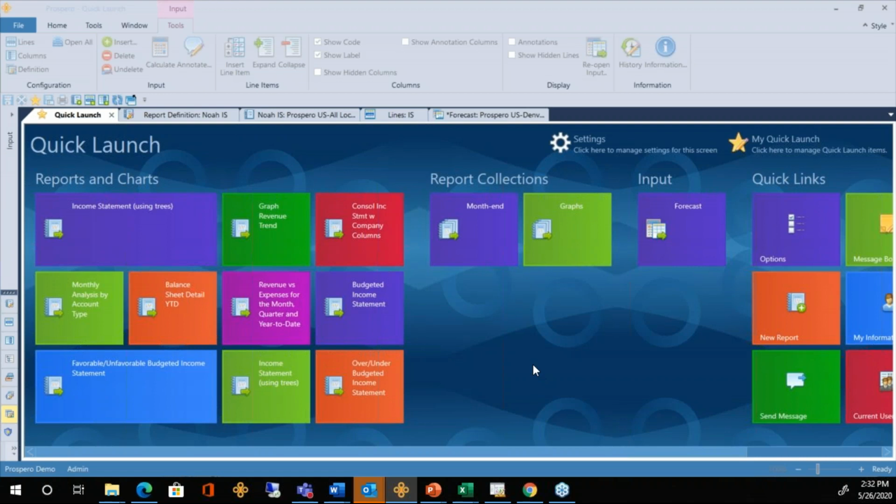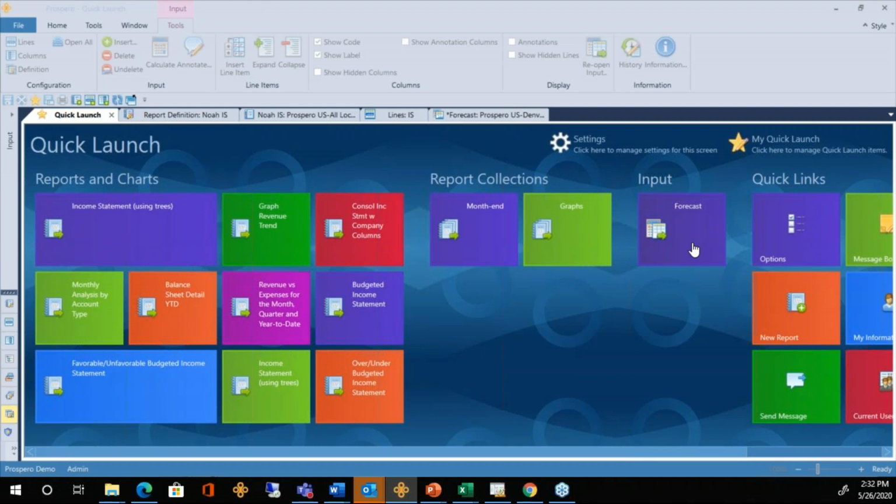So quick launch gives every user a place to list their most commonly used reports and charts, report collections, and their input screens. I've got, on the left-hand side, the reports and charts grouped together. In the middle, report collections, and on the right-hand side, our one option for a forecast input screen.